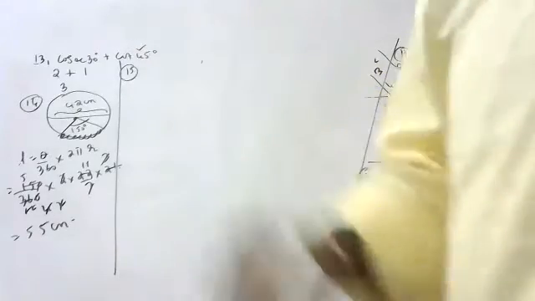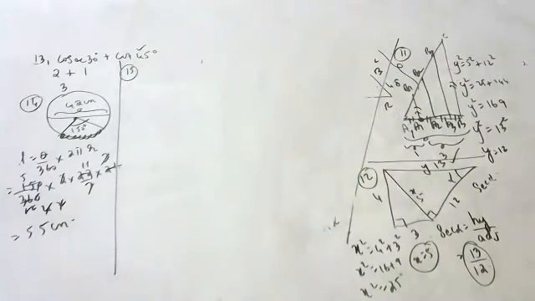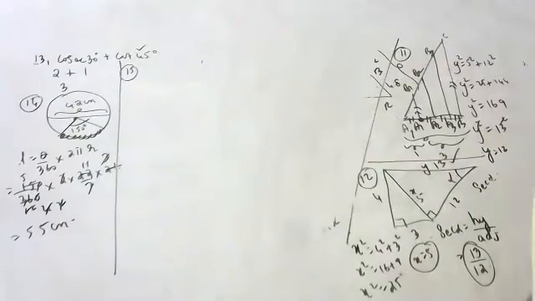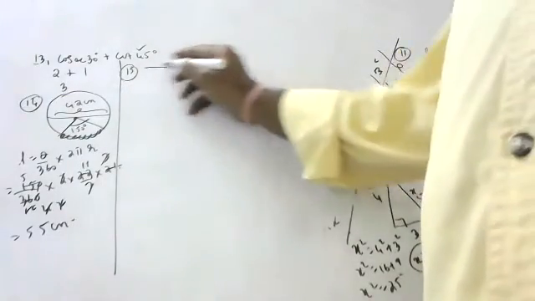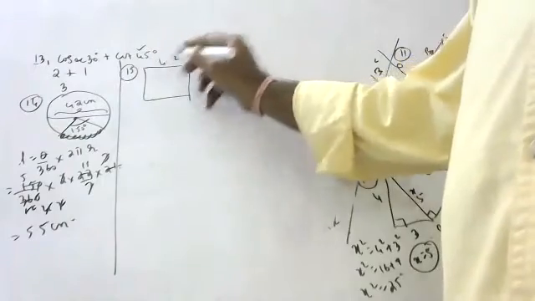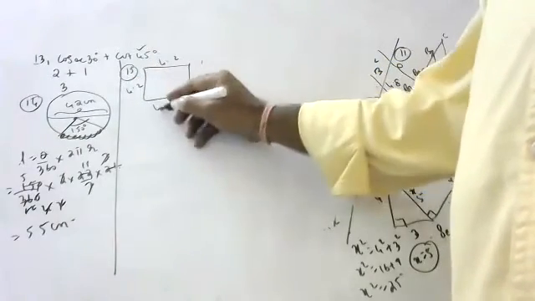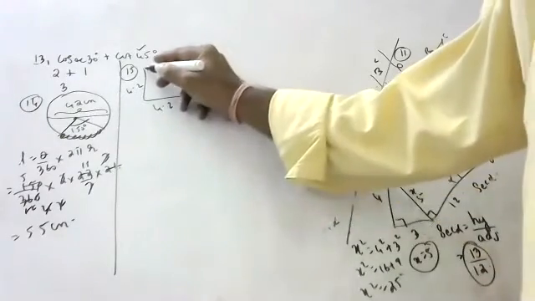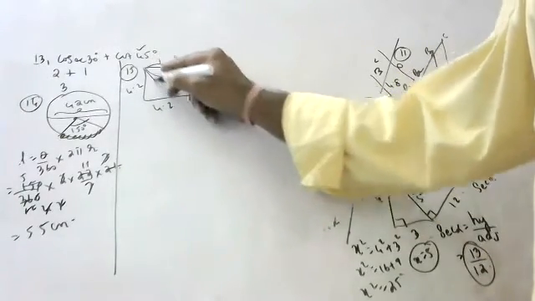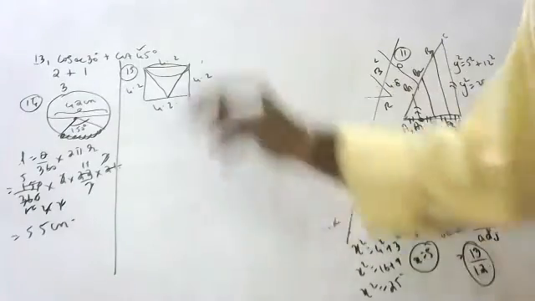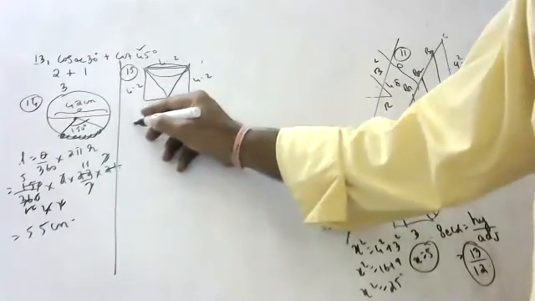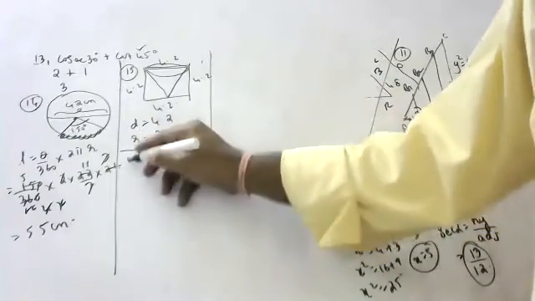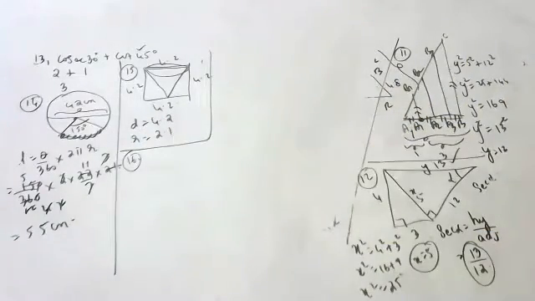Tell me one more sum. Find the radius of the largest circular cone that can be cut out of a cube of edge 4.2. There is a cube. What is the radius of the largest cone we can cut? That cone will have diameter 4.2, so the radius is 2.1.